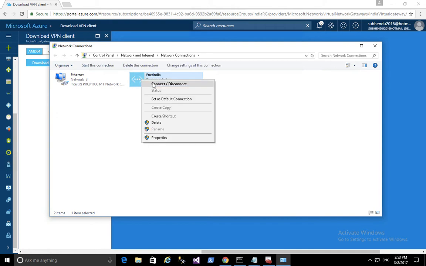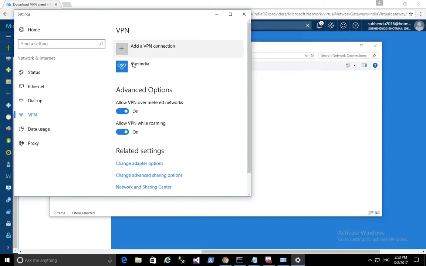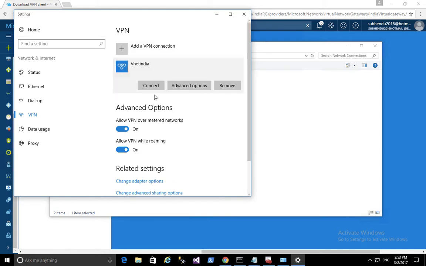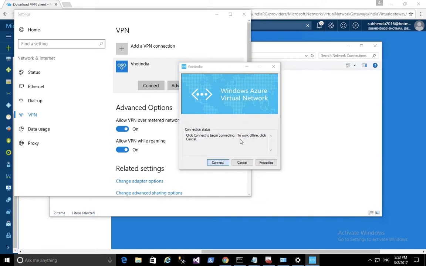Right click over here, click on connect or disconnect. Select the VPN and click on connect.